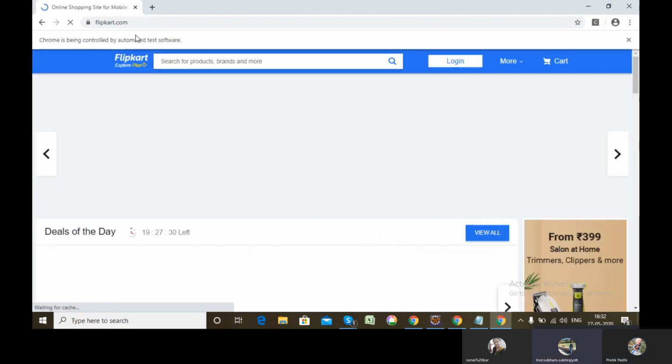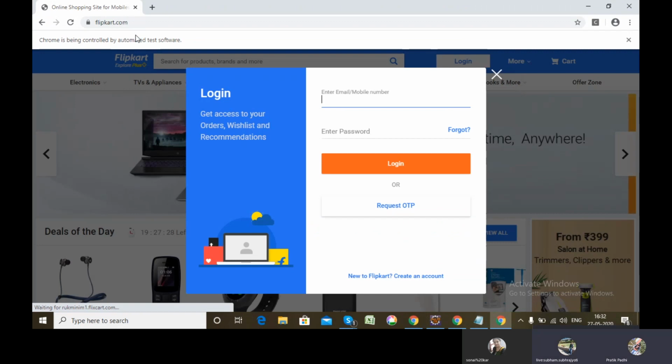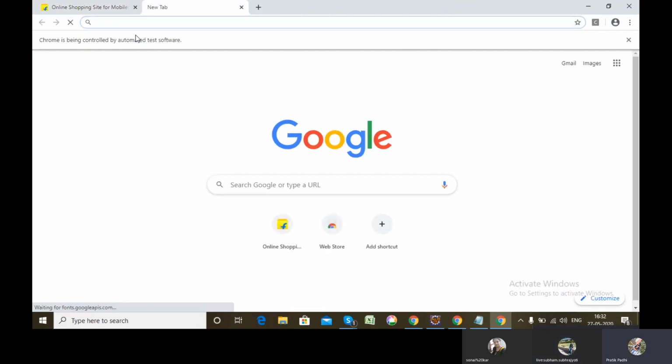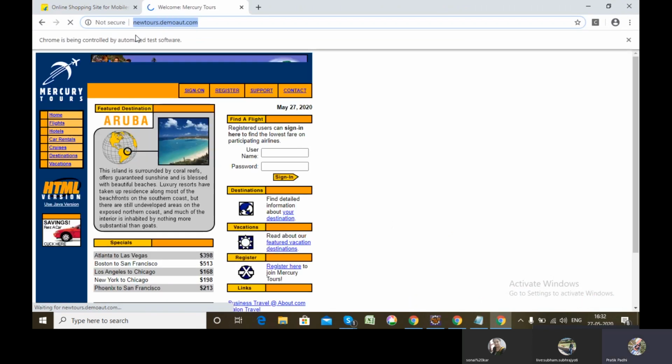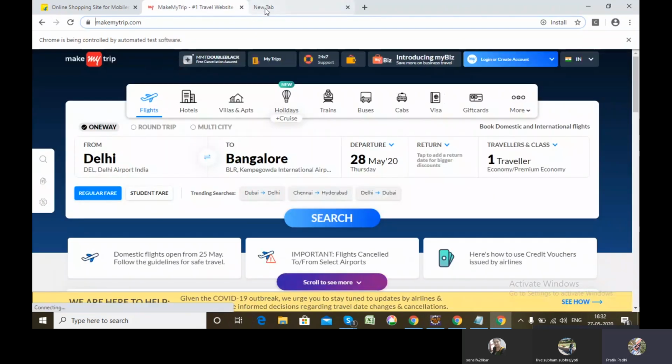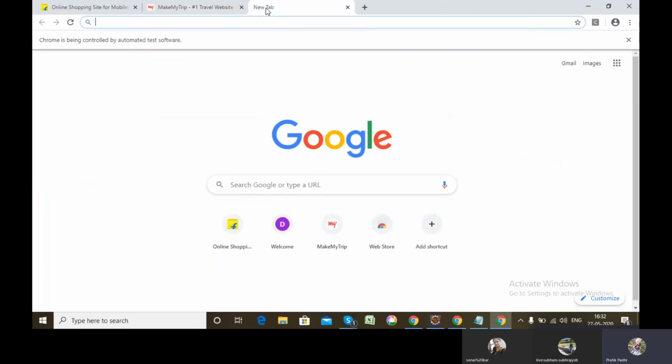Okay, sir. I want it to get opened in the third tab. See, Make My Trip got opened in the second tab only, but I meant it to open in the third tab. So what I have to do? Again, I have to pass my driver control to the third tab.